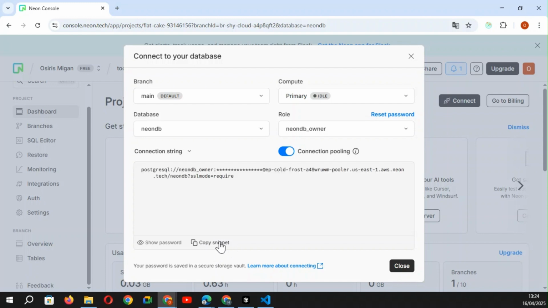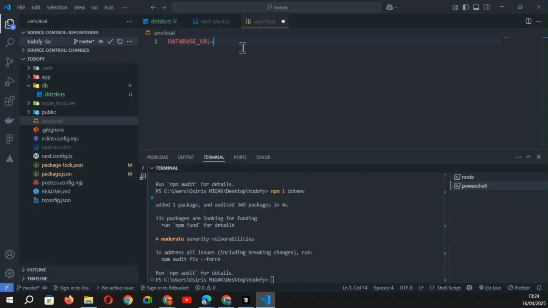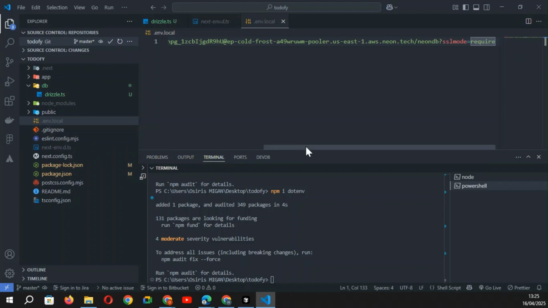Yes, you can copy this address directly, and here you can pass your URL directly in your file. Great. And the next step now, we can define a model